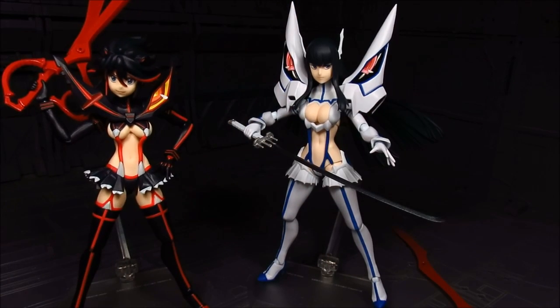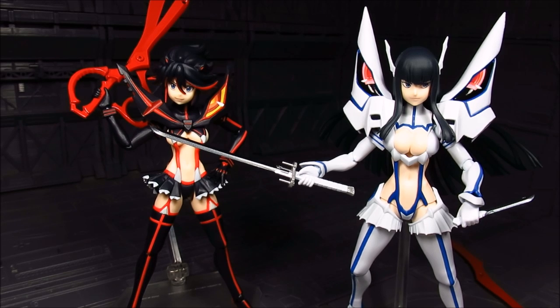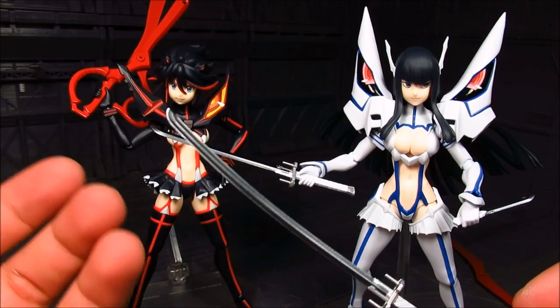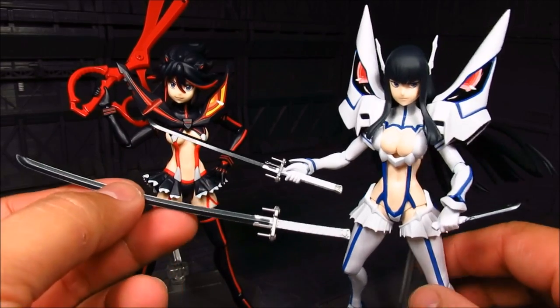Alright. And the next part is this one. So let's take a look on what's the exclusive Bakuzan. Alright, so basically you're gonna get Bakuzan. Well, in the show, I think part of it broke off. I think when they're fighting Ragyo. So on this